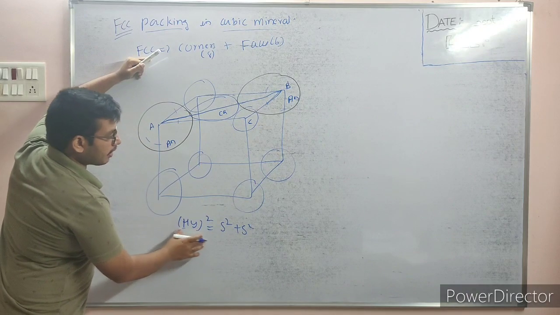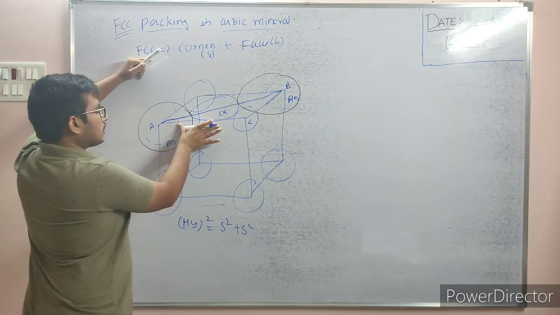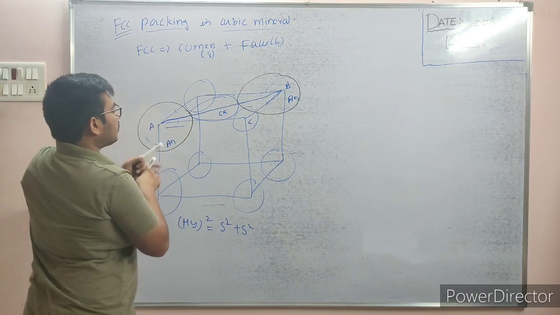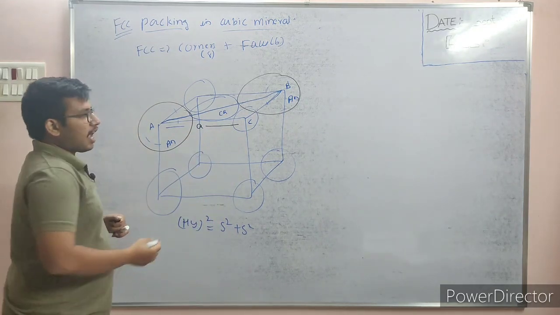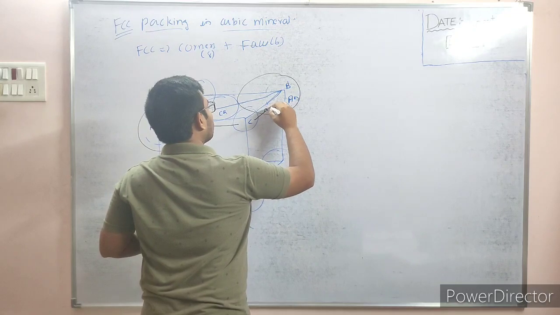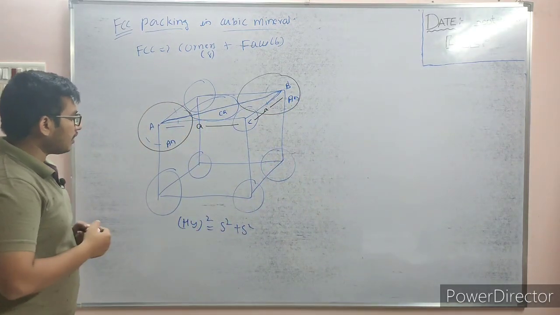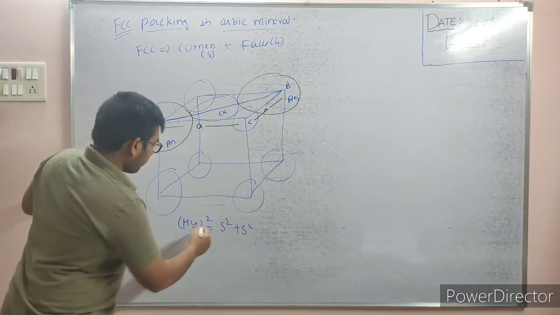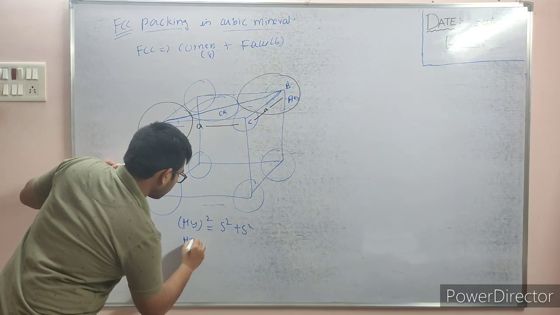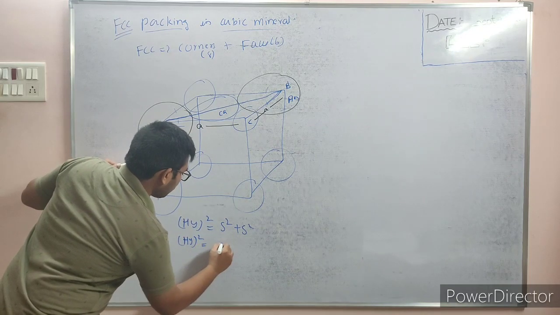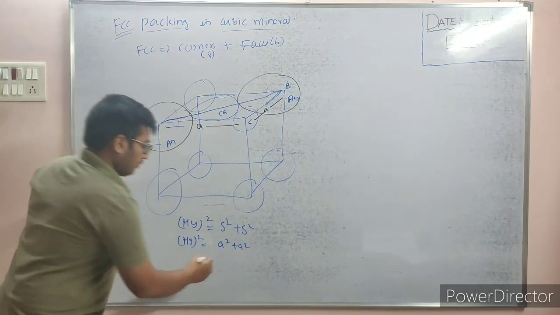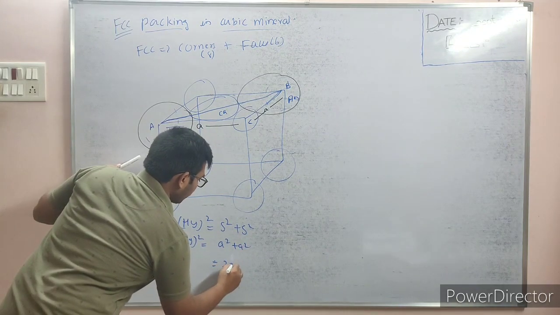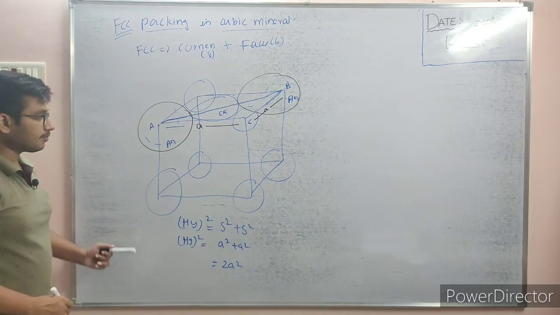So hypotenuse square is equal to, this is the side, and we know this side's edge length is A, and we know this side length is A. So what are we getting? Hypotenuse square is equal to A square plus A square, which is 2A square, right? Now